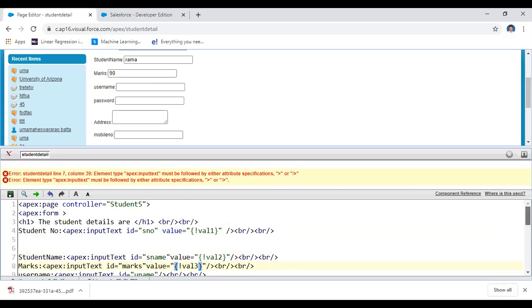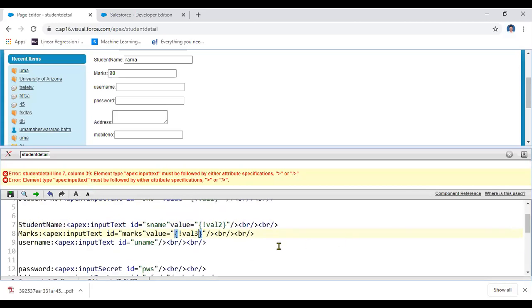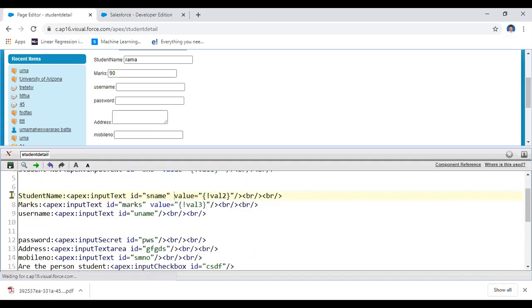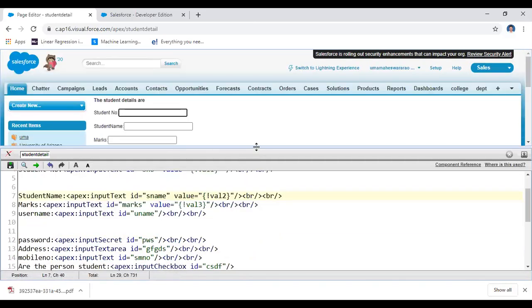What is the one? Student marks. Yeah, because it is an attribute, that's why you are using it after that. Yeah, execute this one. After that I can close that one.